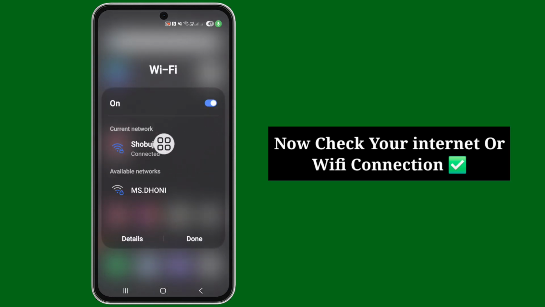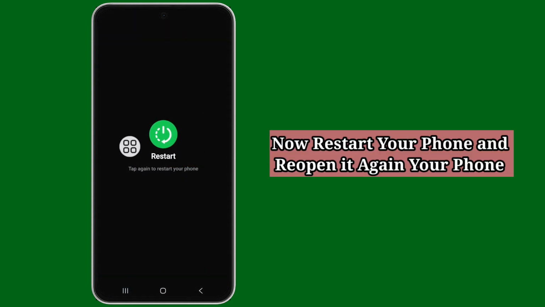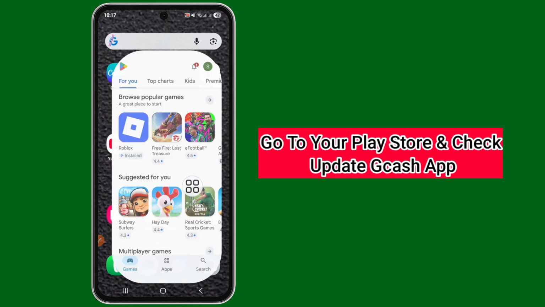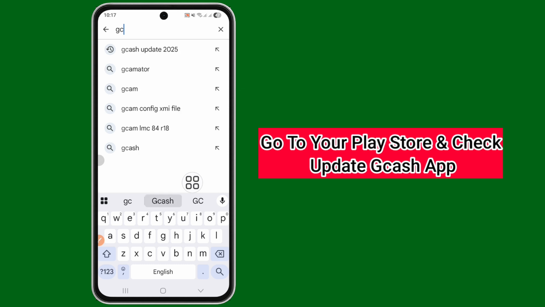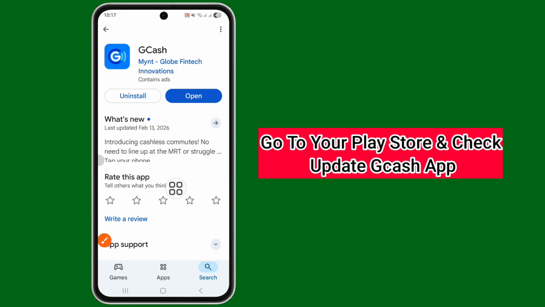My Wi-Fi already connected. Okay, done. Now restart your phone and reopen it again, and go to your Play Store, search for GCash and check update GCash app. My GCash app already updated. Okay, now open your GCash app